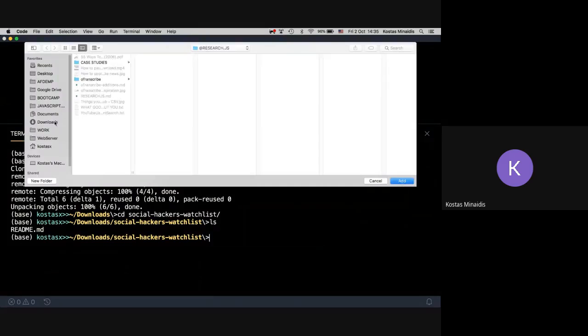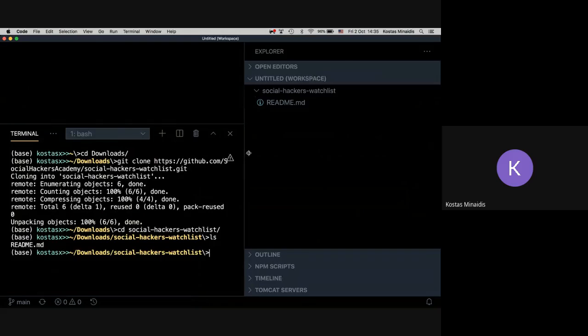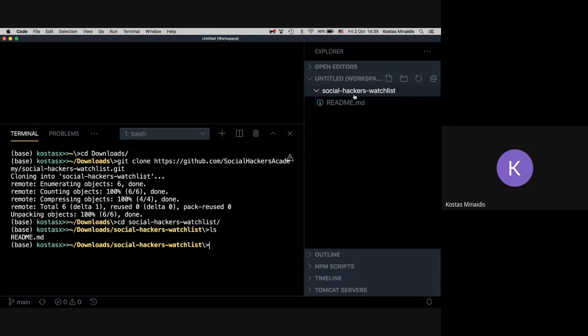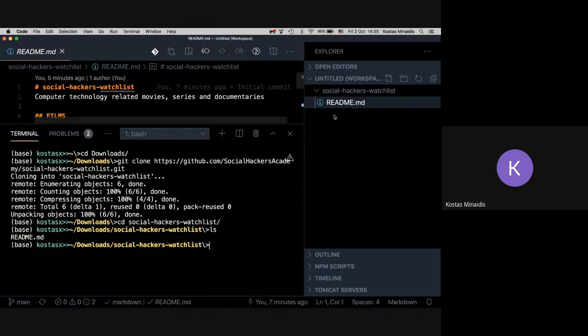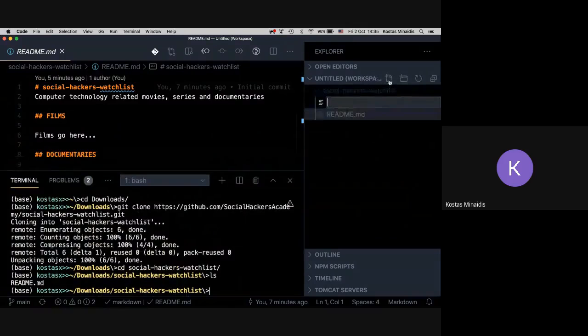I'm going to go to documents and click on social hackers watch list. And now I have this GitHub repository. So let's say I want to add another file to the repository. I'm going to create, let's say, a new markdown file called series.md,